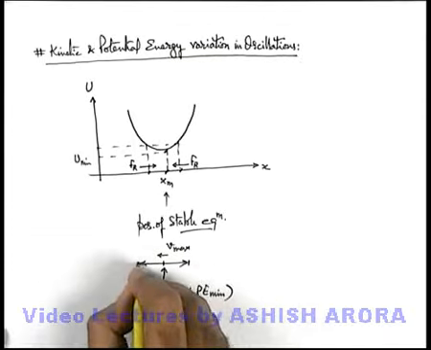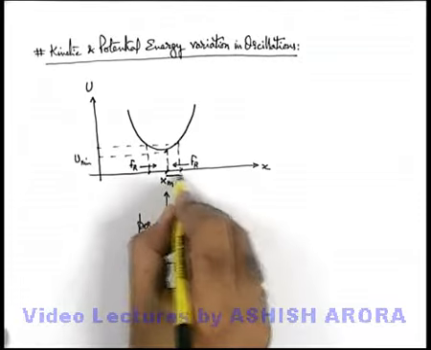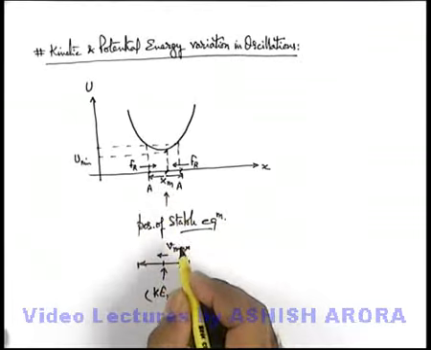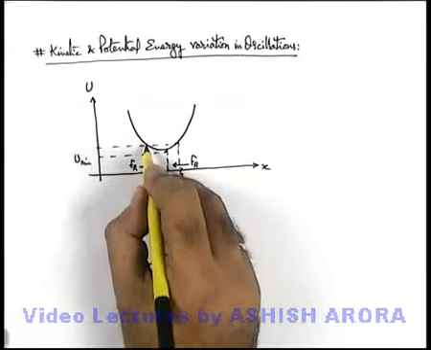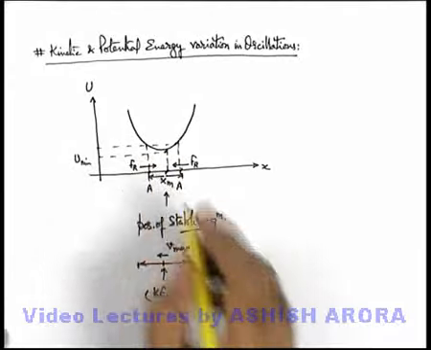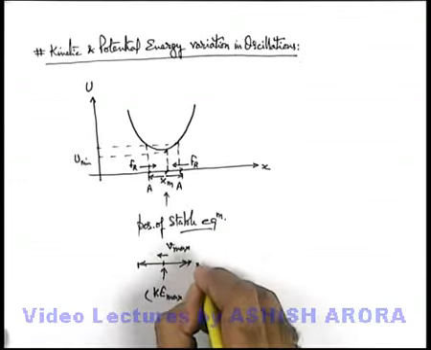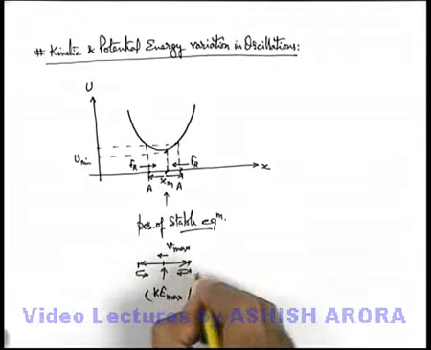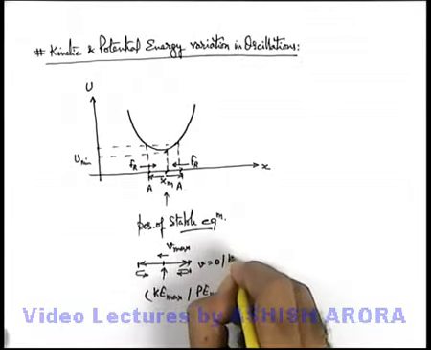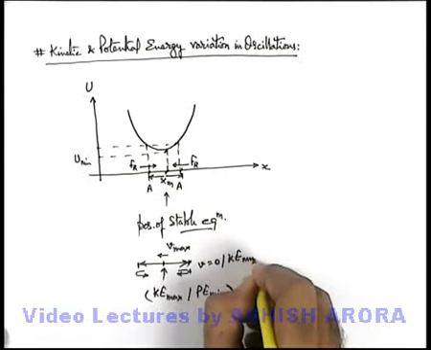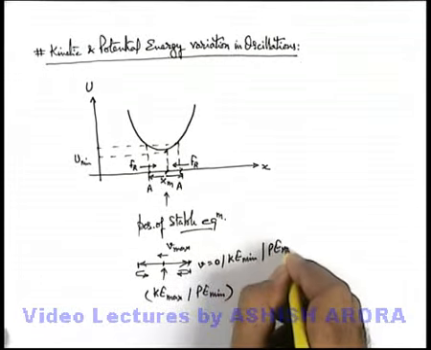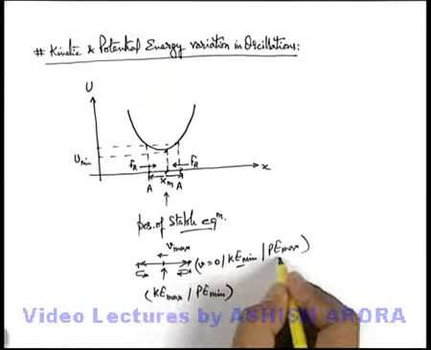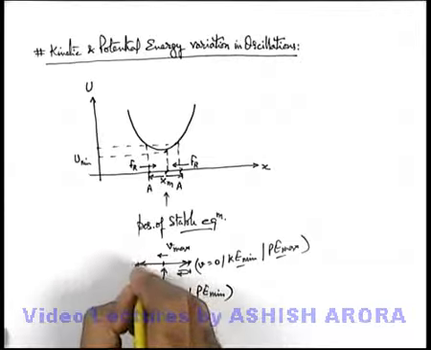And when we talk about the oscillation of a particle, say the particle is oscillating on the two sides of mean position with amplitude A. At this position and at this position, the potential energy of the particle during oscillation will be maximum. At the extreme position, the particle is returning. So at this point, the speed of the particle will be 0 and its kinetic energy will be minimum, and potential energy will be maximum.